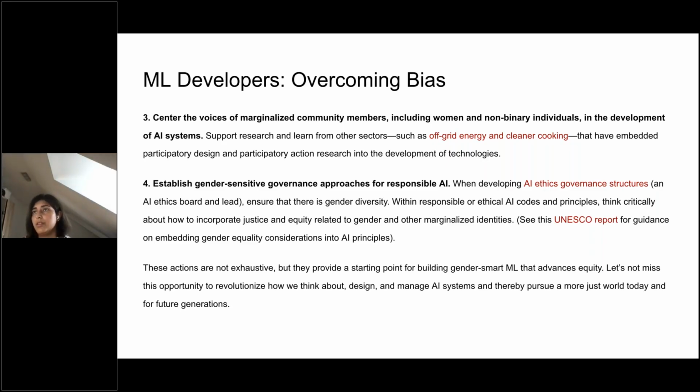Now, today I'm still only talking about women, but there are a lot of genders out there, and if we currently talk about just two genders, this is already biasing, right? And we are still fighting for the second one. So, to be very honest, now is the time to not just be aware of the problem, but also solve it. Now we are aware. The first step is definitely to be aware of the problem, but I think now is the time to solve it also. Establish a gender-sensitive governance approach for responsible AI.